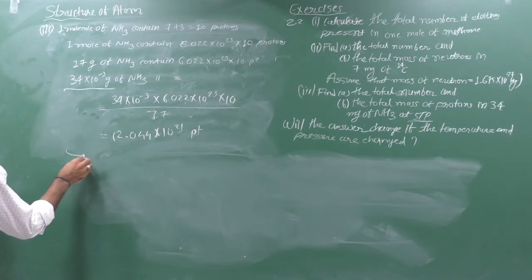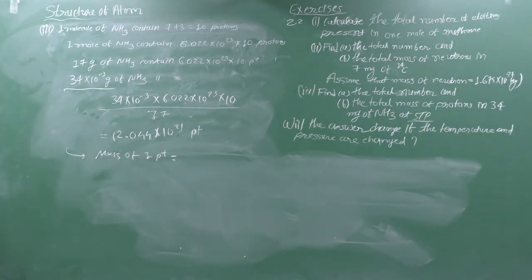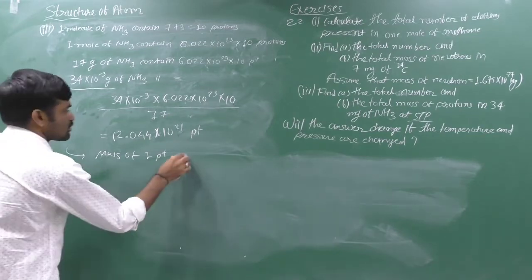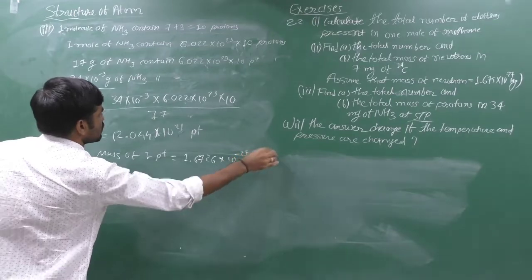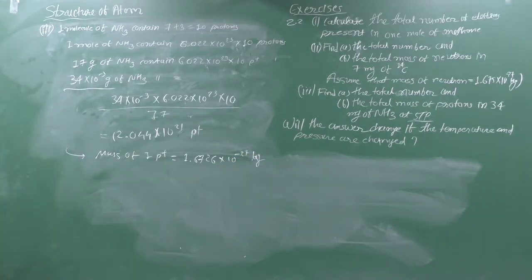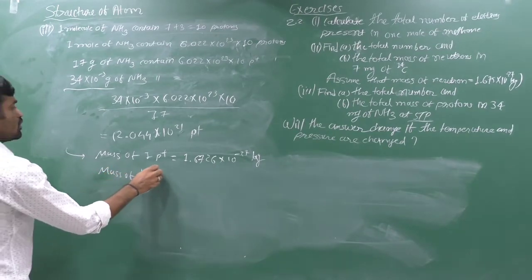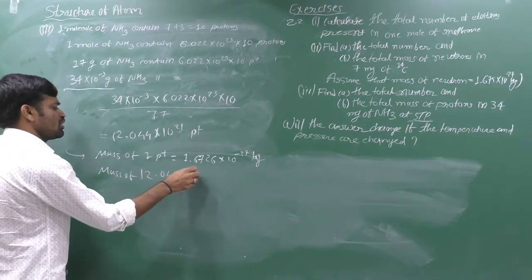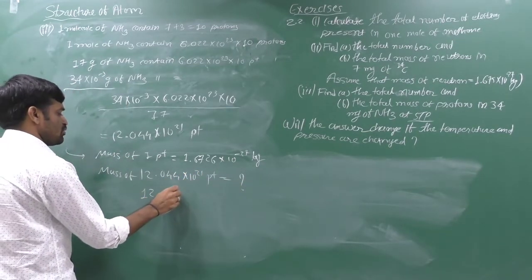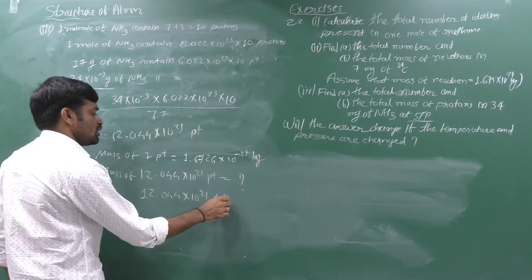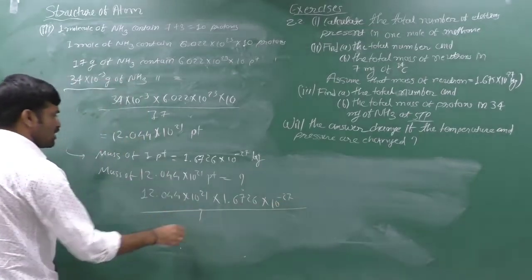Now the mass of one proton is equal to 1.6726 into 10 raised to minus 27 kilogram. Therefore, the mass of 12.044 into 10 raised to 21 protons is equal to 12.044 into 10 raised to 21 into 1.6726 into 10 raised to minus 27 by 1, which is equal to